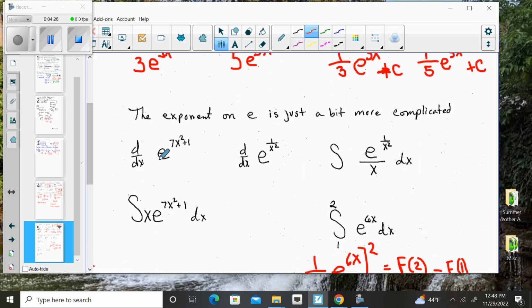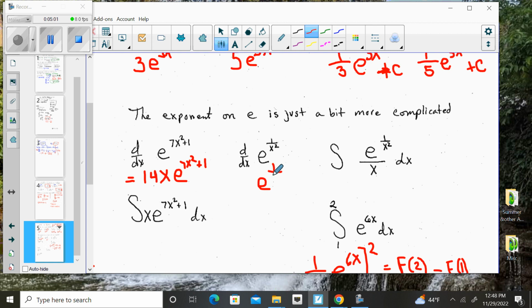So for this first one, the derivative of this, well, what's the derivative of the exponent? That would be 14x, and I want that in the front. That should go in the front. And again, I'm really trying to stress the fact that the exponent never changes. Now, when I was on that trig video, I kept talking about the angle never changes. Well, the exponent never changes. Over here, we get e to the